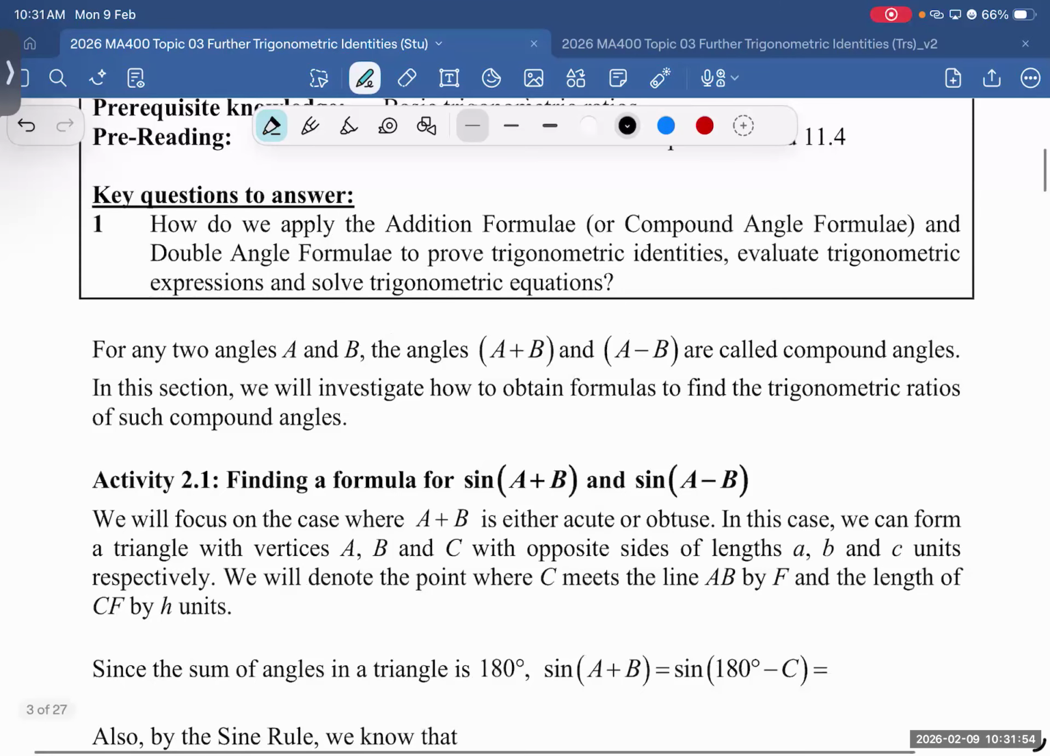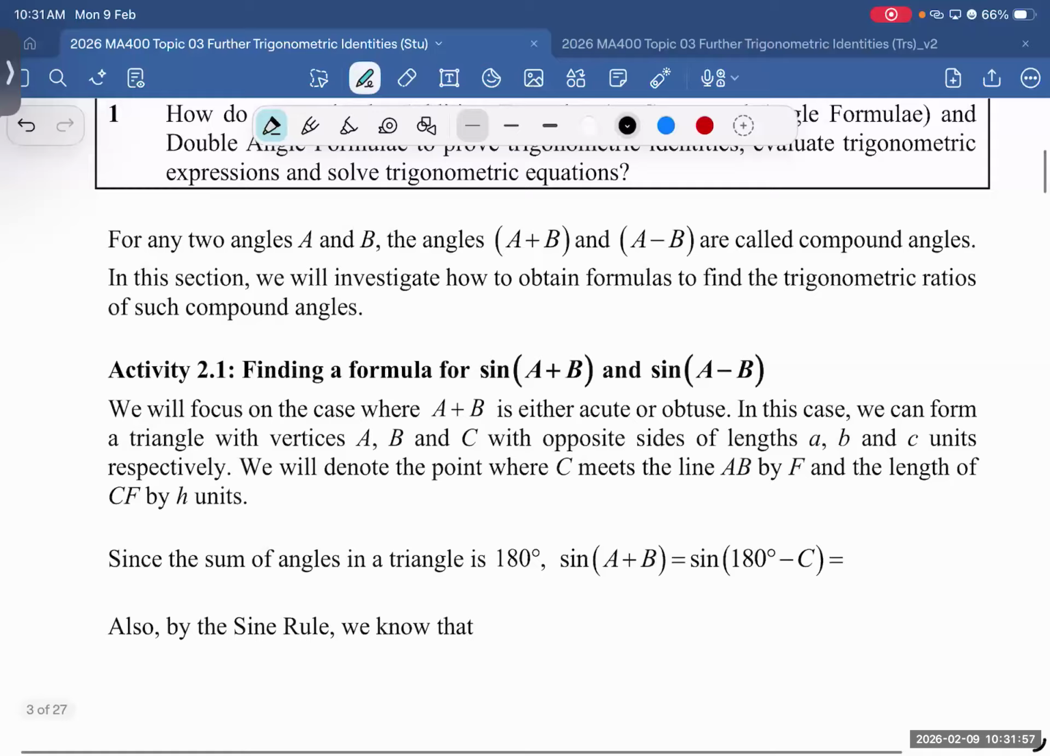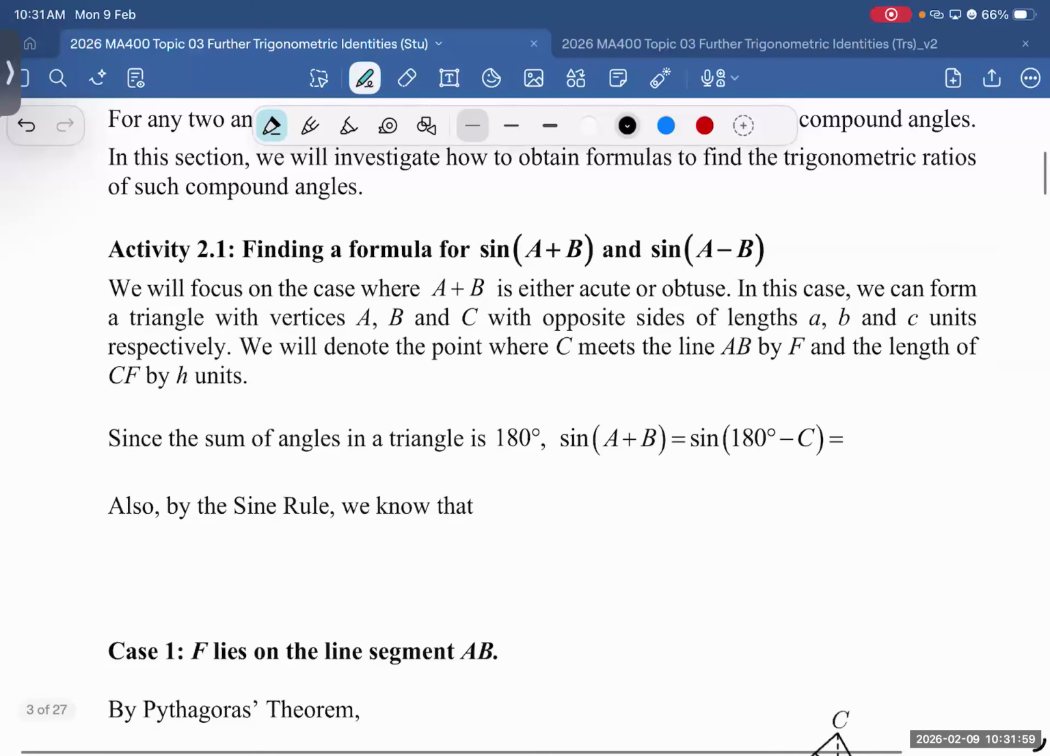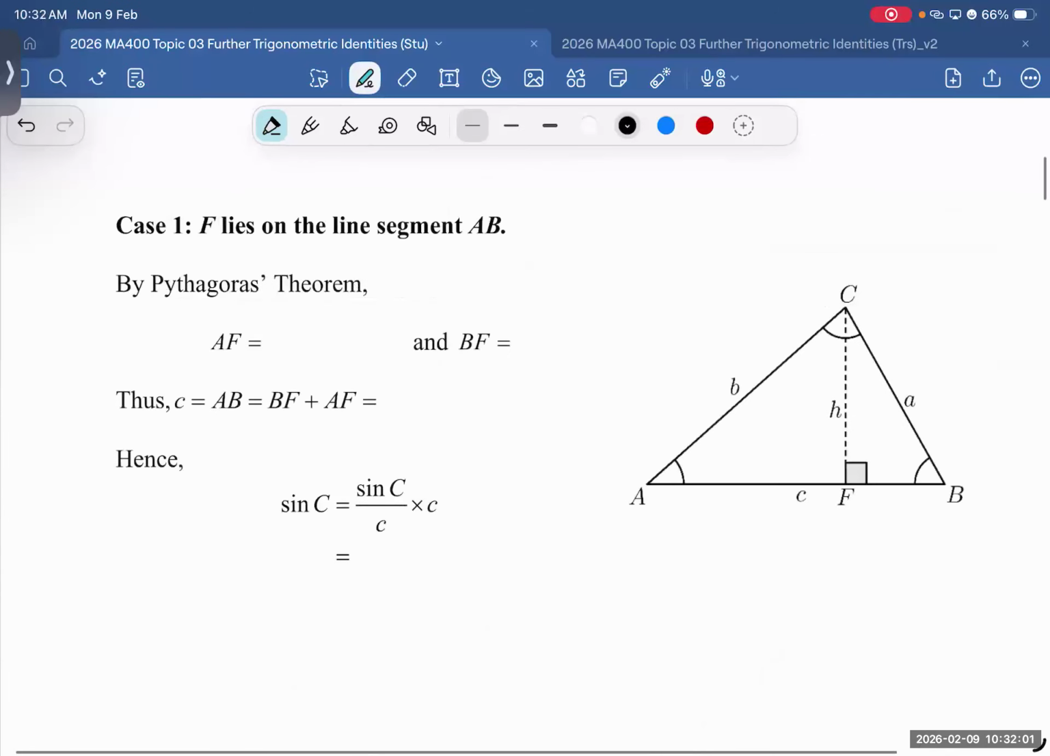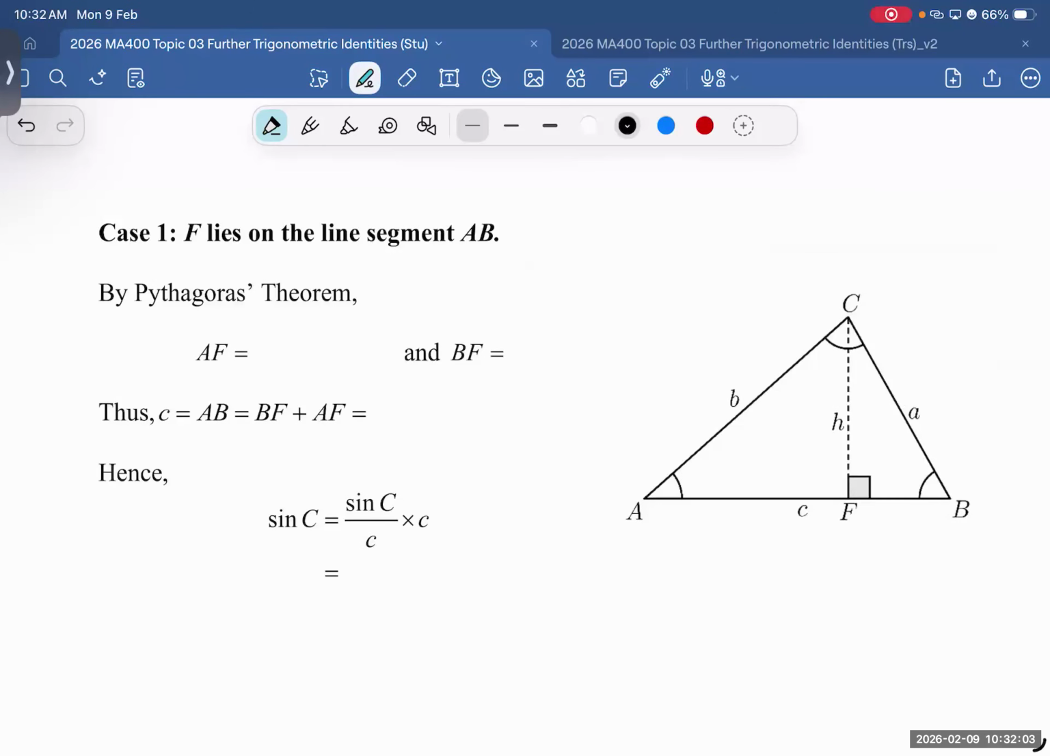So the next part, please bear with me. It's a proof now. Okay, it's a proof. I'm going to try to show you what the formula is. The formula actually is